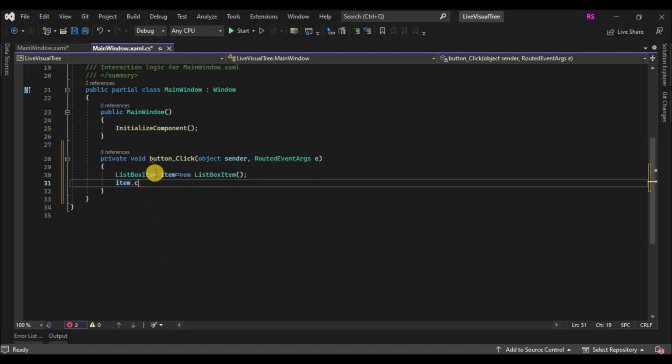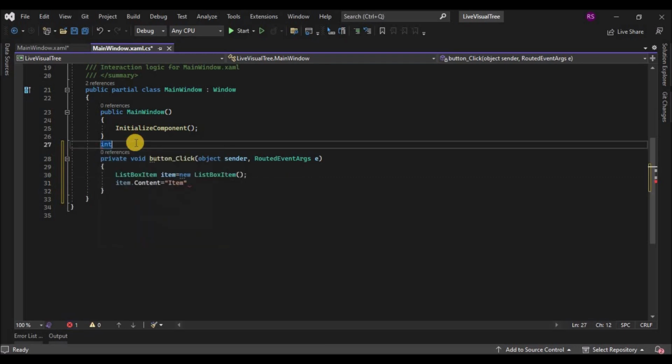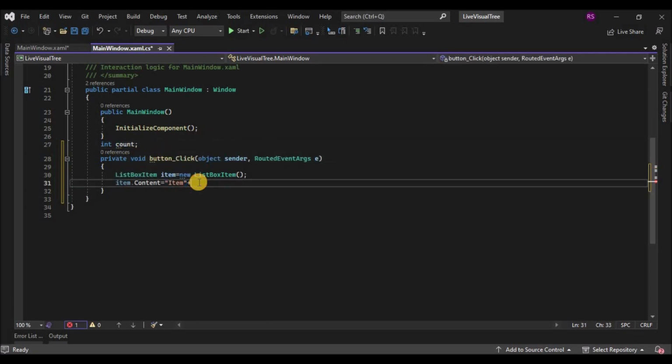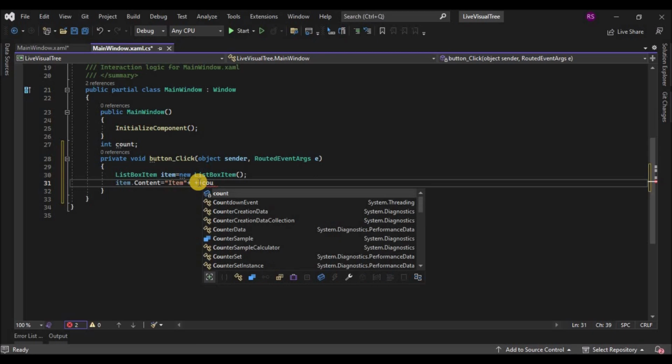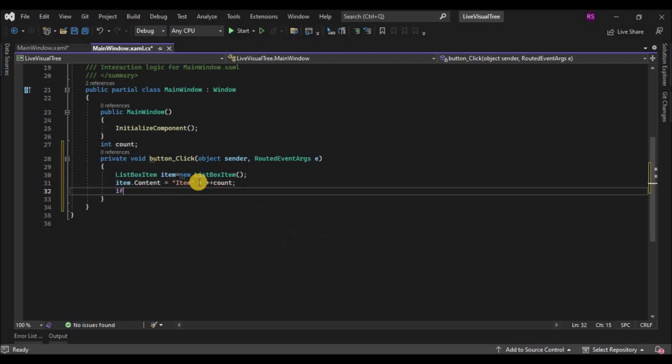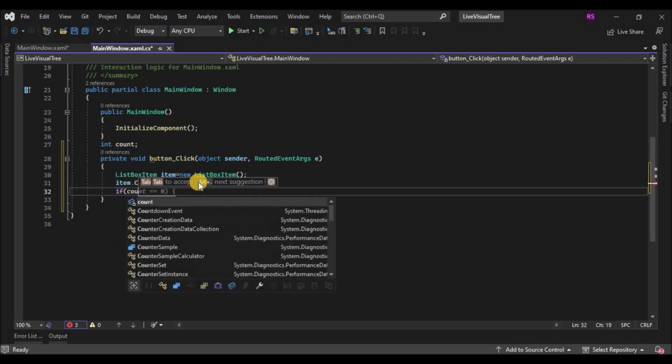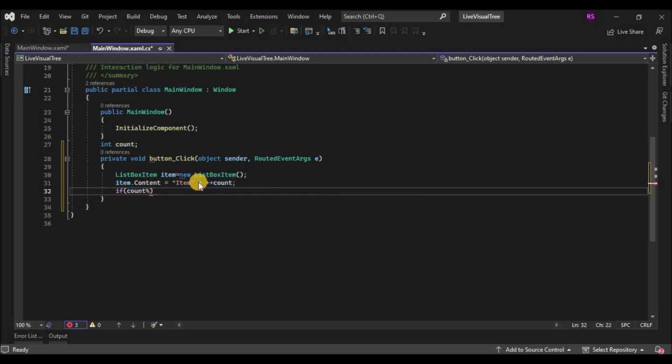Let's set the content of the item to, let's say, item plus some count. So let's create a count integer variable, and then increment it and assign it to the content